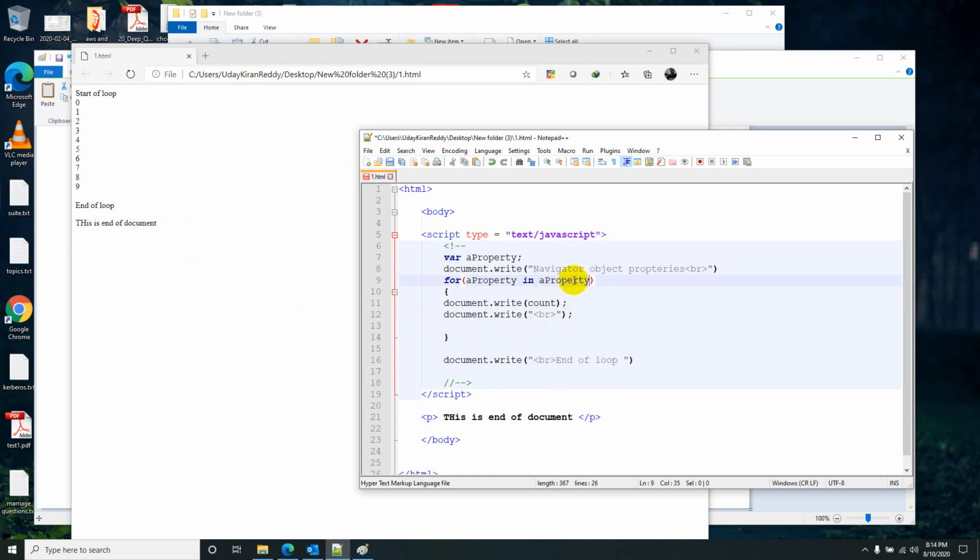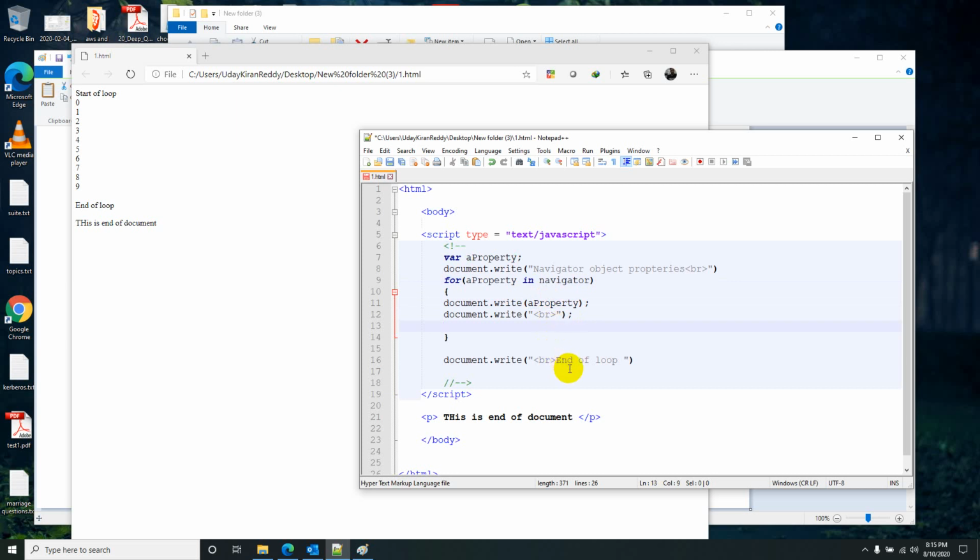So all the elements in the navigator will be accessed in this for loop, but for each iteration one of the properties will be assigned to this a property variable. After this property is printed, I will create a line break.